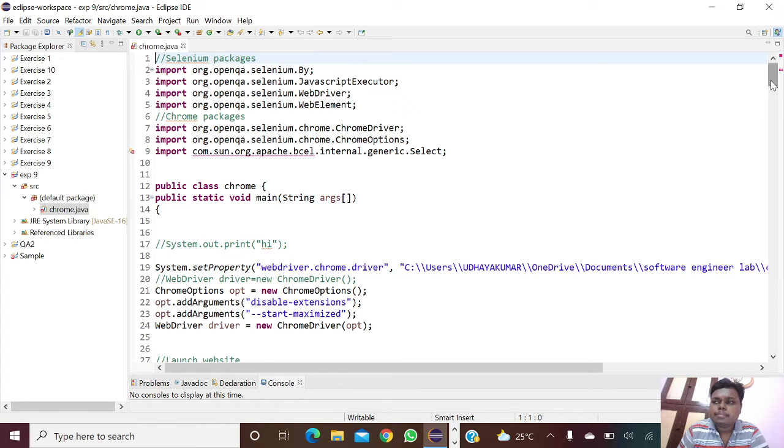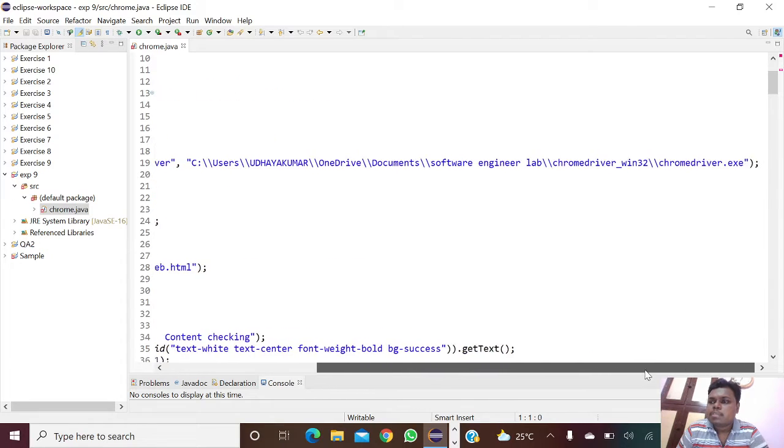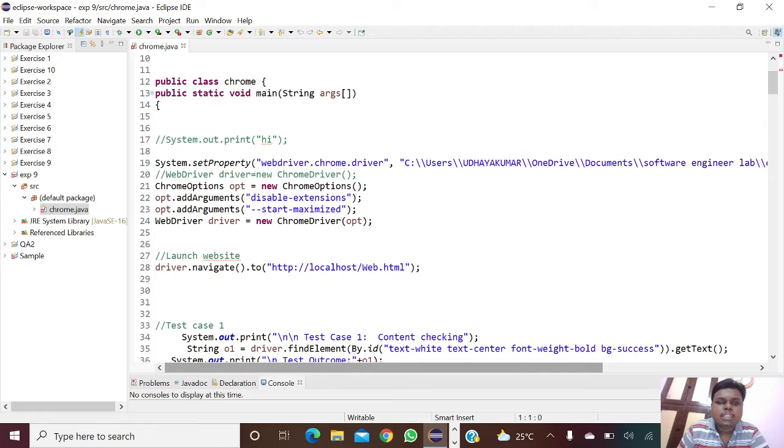Next you're getting the path of the Chrome driver. So System.setProperty of webdriver.chrome.driver, comma, and next is the path on my system where I have the Chrome driver. Next, ChromeOptions opt equal to new ChromeOptions. Next, opt.addArguments of disable extension.